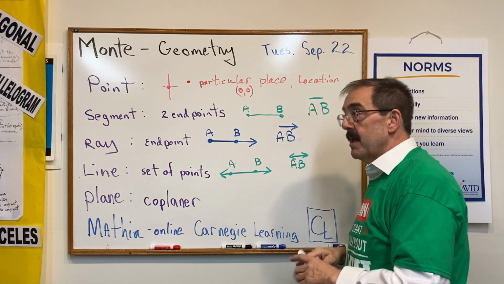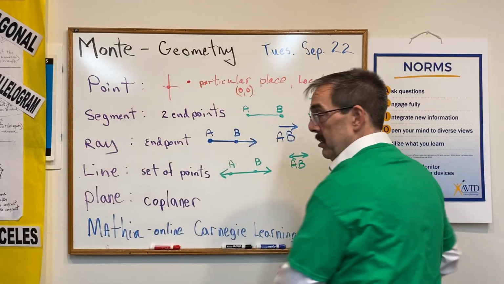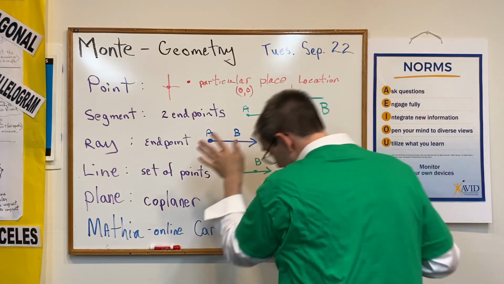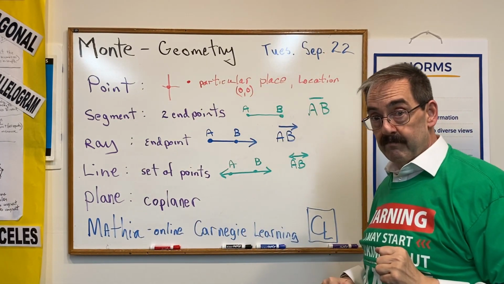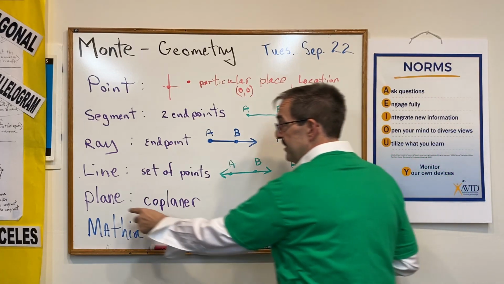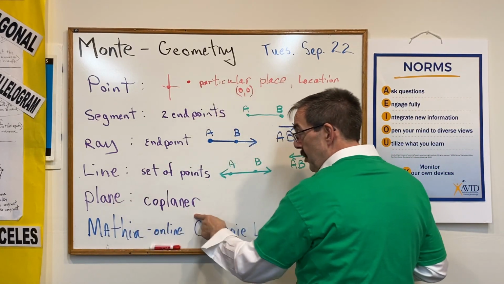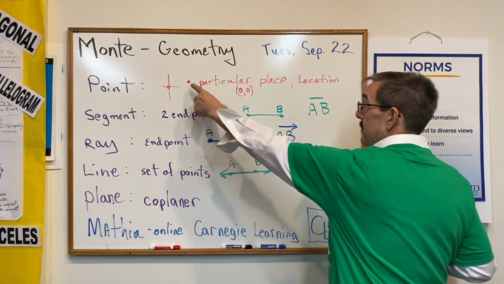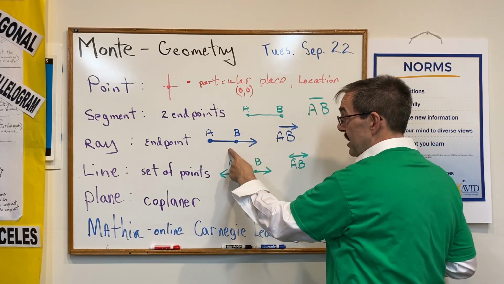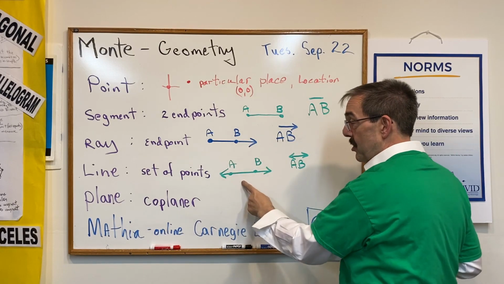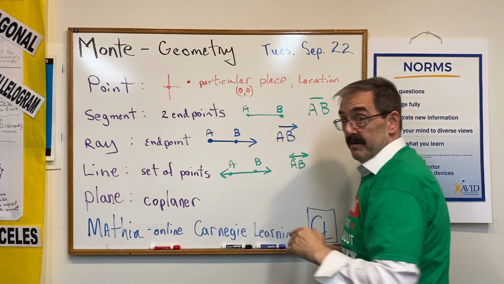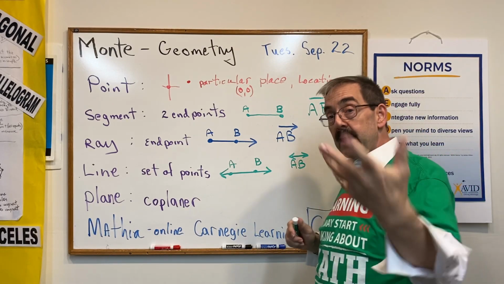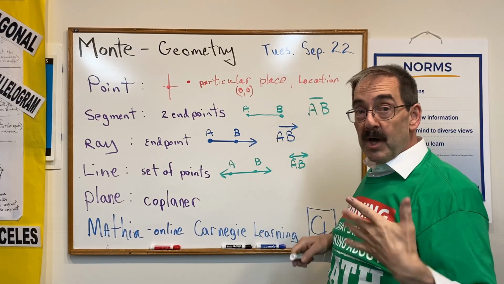Now a plane. Picture this whole wall is a plane. It goes on forever, ever, ever, and ever. Okay? That is a plane. Coplanar. All the things on that plane. This point, this segment, this line, this ray, this line. They are all items that are coplanar. Okay? Later this week, we're going to be talking about